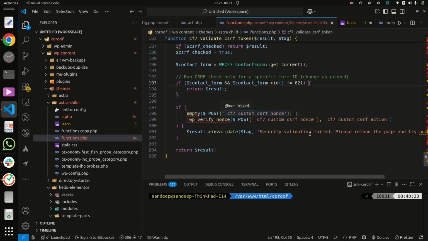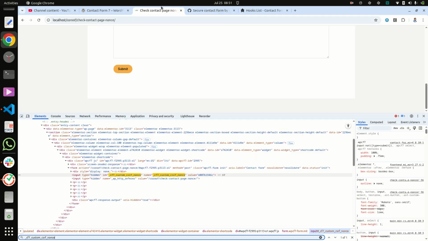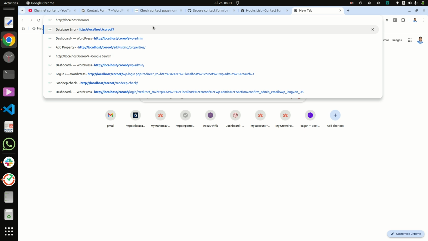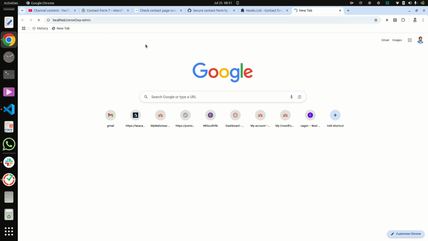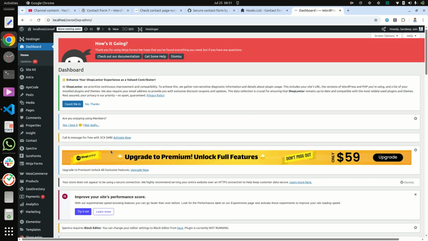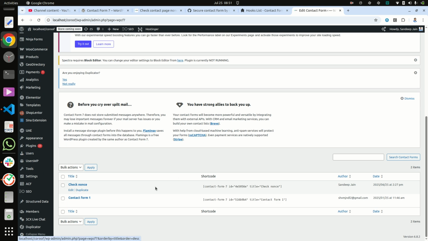To get the form ID, you can get it from the admin panel. Go to the admin panel and go to contacts, and now you can check the form ID here.